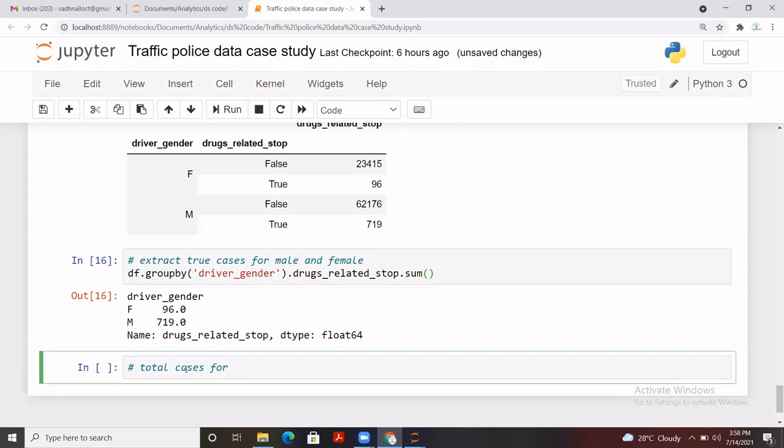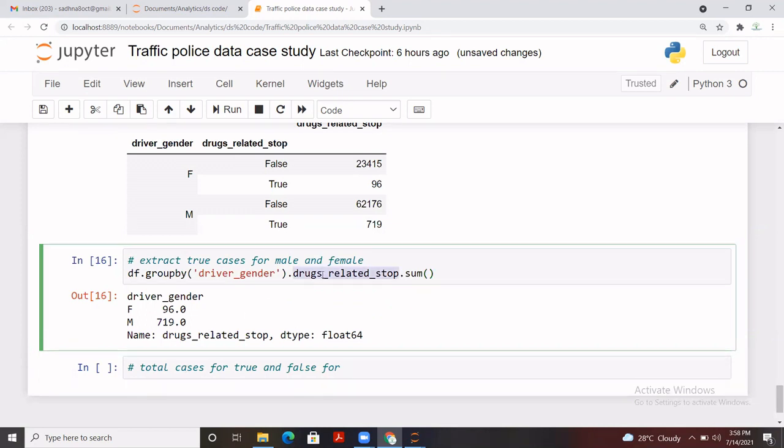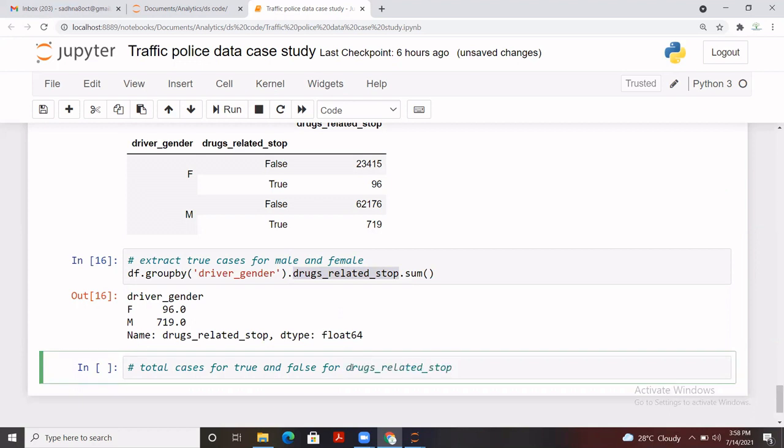For drugs related activity, the drugs_related_stop column basically. So that's the column, I'll copy and paste it here.